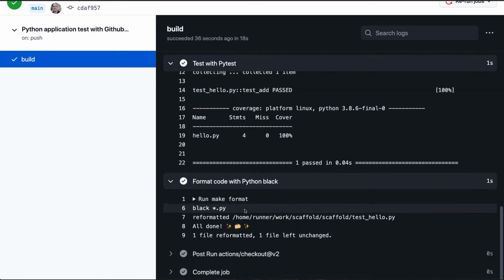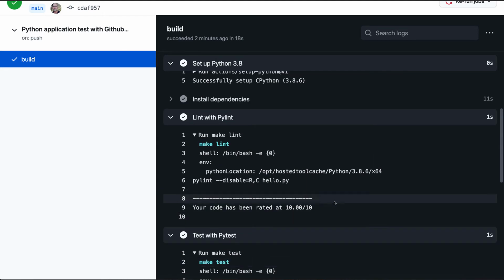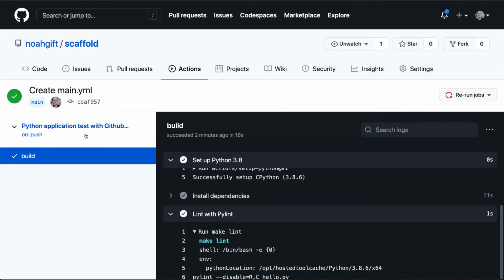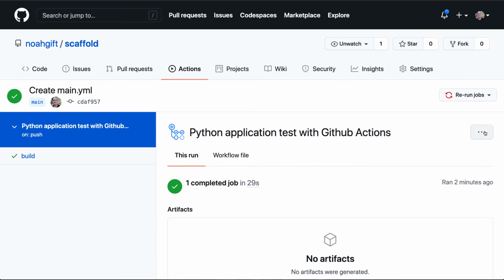And all this does is show me that if I needed to make a change, I could later look at this output and say, oh, I need to make a change to my file. So what we can do next to add the final finishing touches is, if I go to this icon